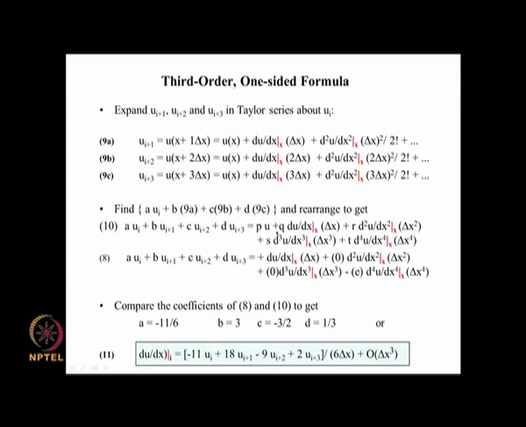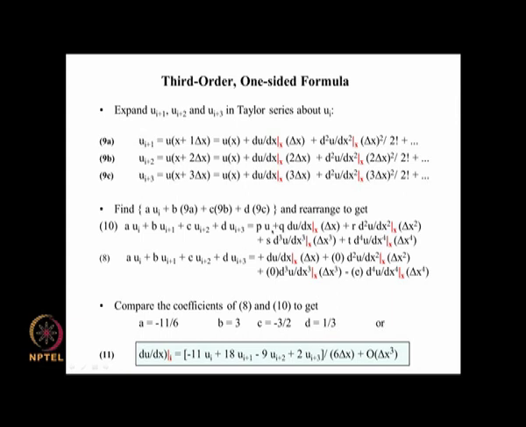For example, p will be a here, and then when we multiply this by b we get b plus c plus d. So p is a plus b plus c plus d, and q here will be b plus 2c plus 3d. Okay. So in that way, once we multiply and then put all these things together, we can express this P, Q, R, S, T in terms of A, B, C, D.